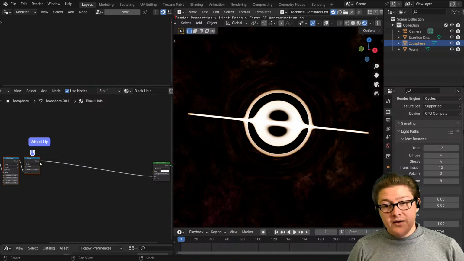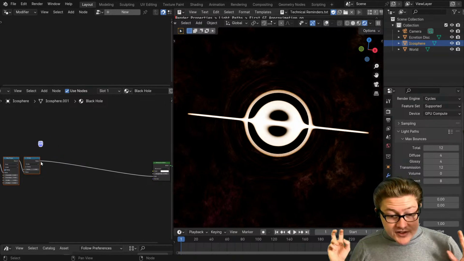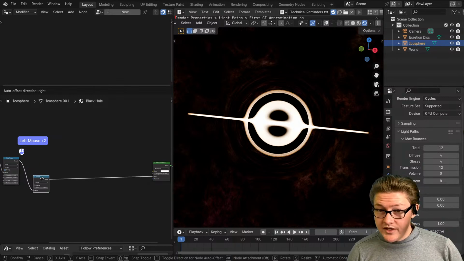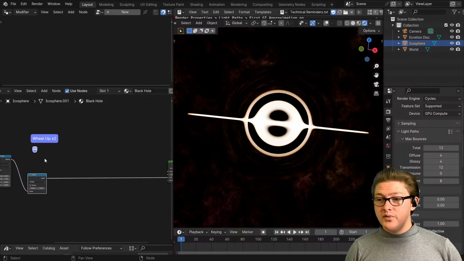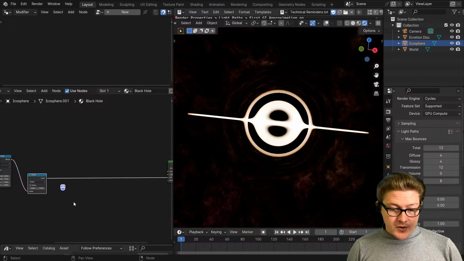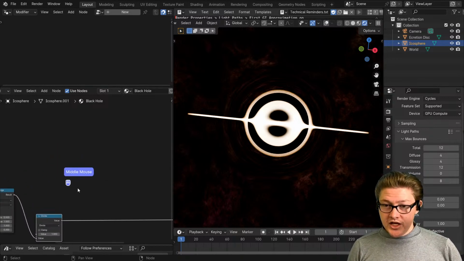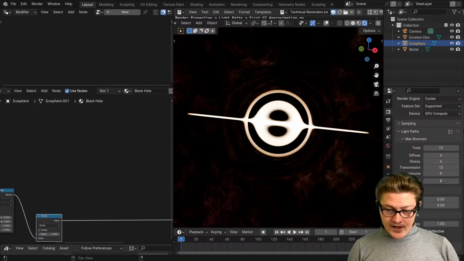And we can't do that precisely the way it would be done scientifically in real life in Blender, because Blender doesn't use wavelength data, but we can approximate it. So what I'm going to do is get it to change color,